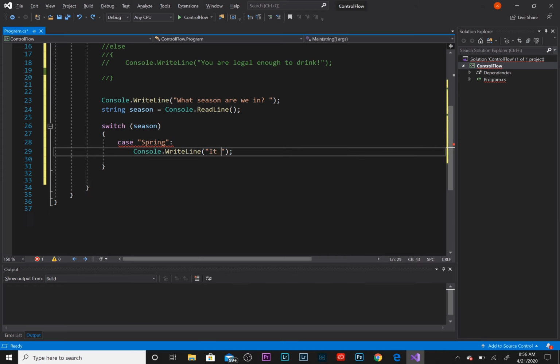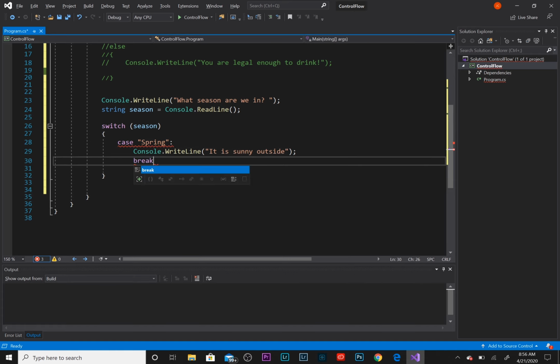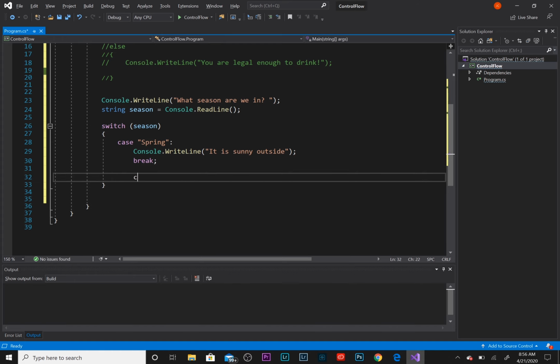It is sunny outside. We're going to break out of this statement because we don't want to perform any other operation once we know that it's spring. Once we know that it's spring, we just want to Console.WriteLine, it is sunny outside. So we're going to write another case statement. In the case that